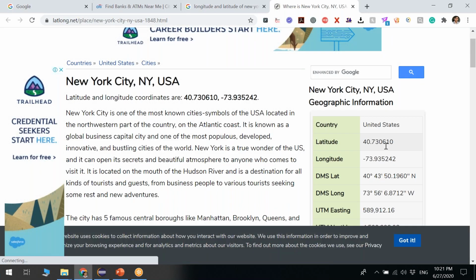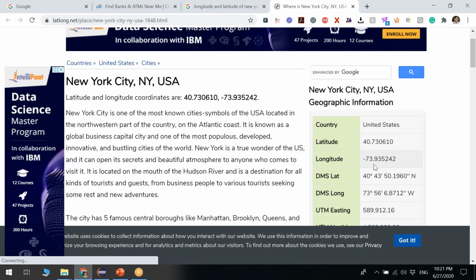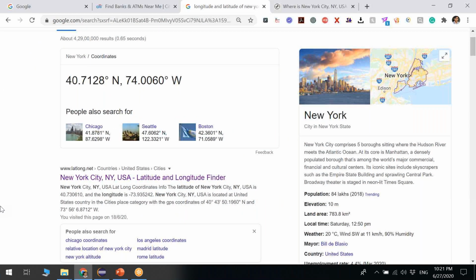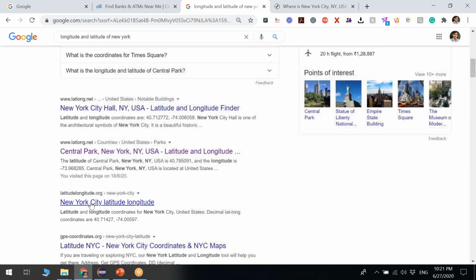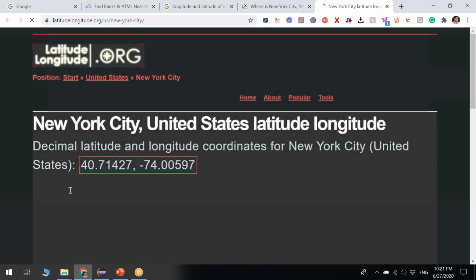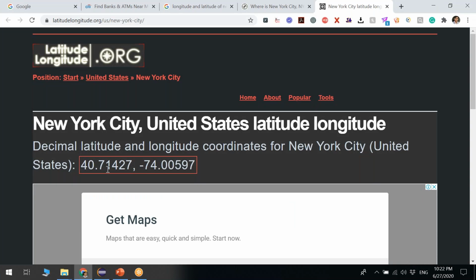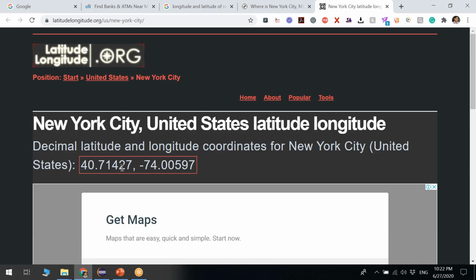40.730610. Some websites might have different information, so I captured from some other web portal, and it's a minor change we can see here, minus 73. I don't know if it changes on a daily basis. Let's see in another web portal as well. 40.712776.